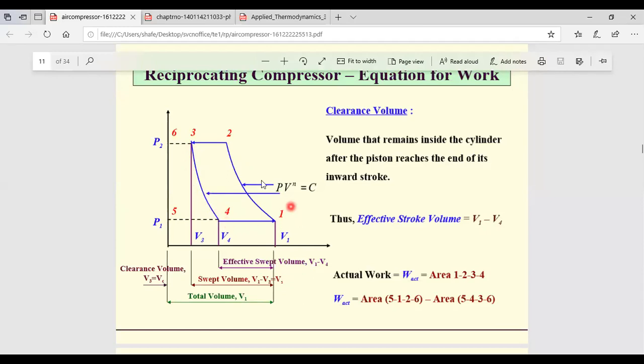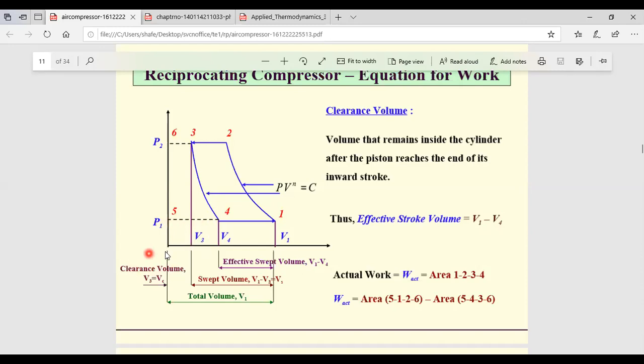So the cycle is completed here, and you see there is some gap, that is V3, which I have shown. This particular gap is nothing but your clearance volume, where V3 equals Vc. Normally, we won't allow the piston to touch the top of the cylinder. So always a cushion or clearance volume will be left for effective operation.